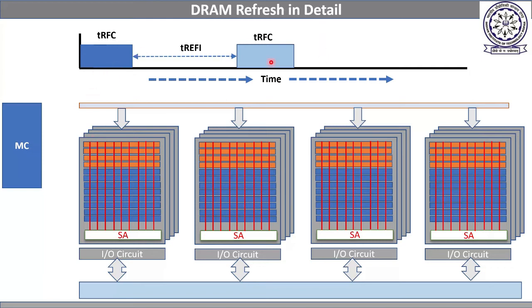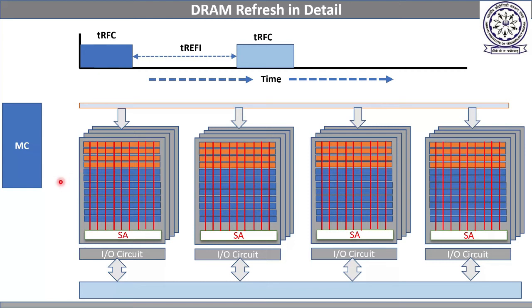So this refresh command should start refreshing from this row number 5. How should it know? There should be a counter here also, called the row counter, and the value of the row counter should be 5 here. That means the next refresh command should start from row number 5. So that counter is called the row counter.